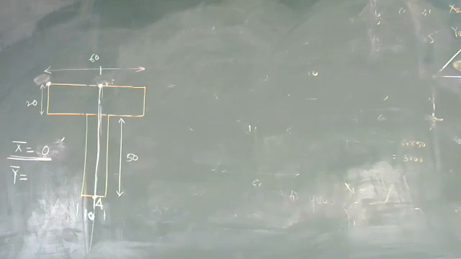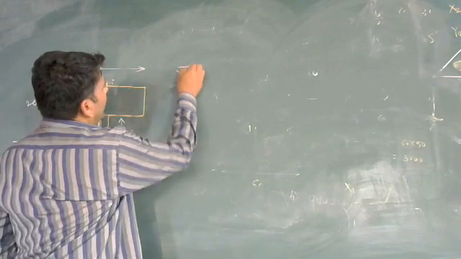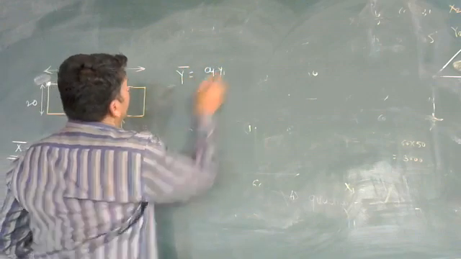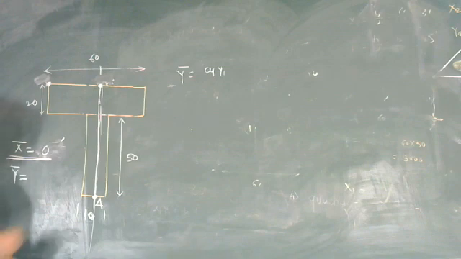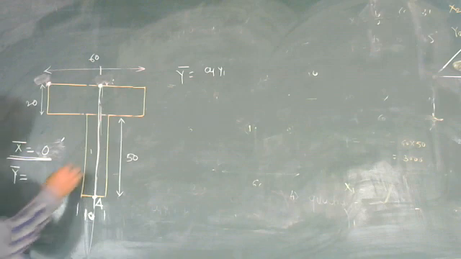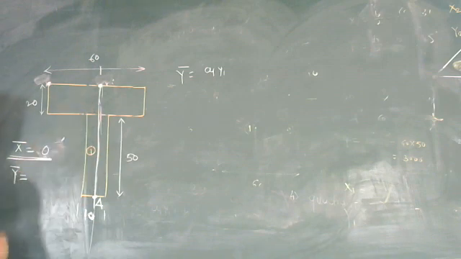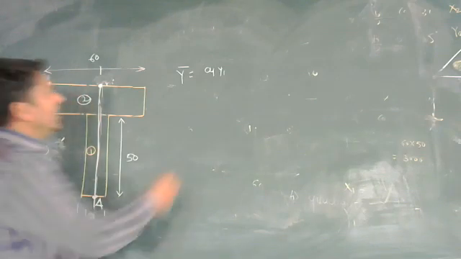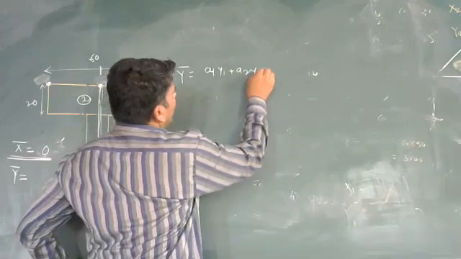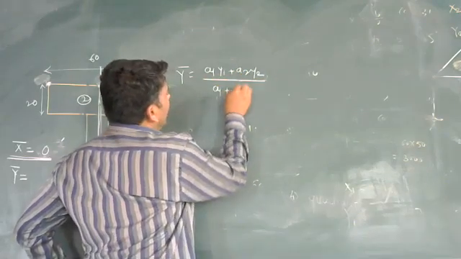Now we are required to find out the centroid of this structure. I will skip only one formula I am required to remember. This is nothing but A1 Y1. How many parts can we convert the T structure into? Two parts. A rectangle, and the second is a horizontal rectangle. So what is the formula then? A1 Y1 plus A2 Y2 divided by A1 plus A2.